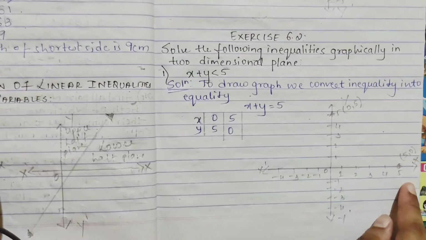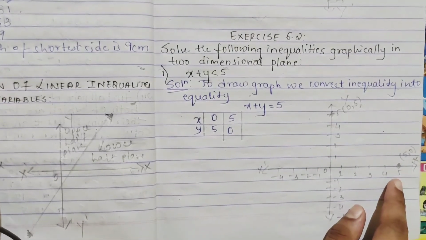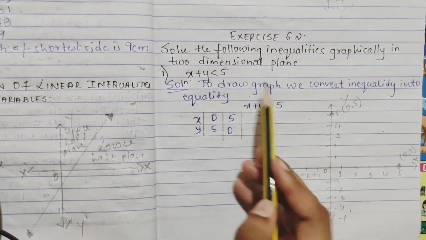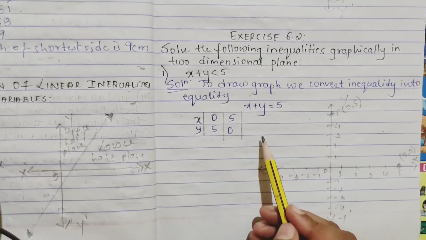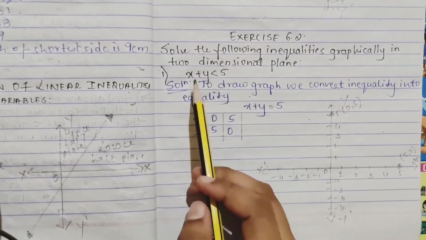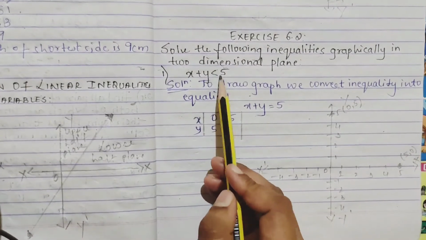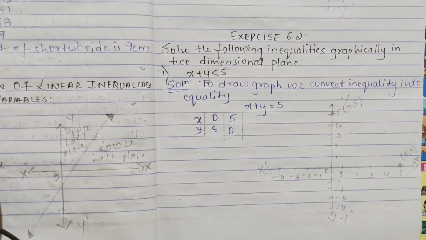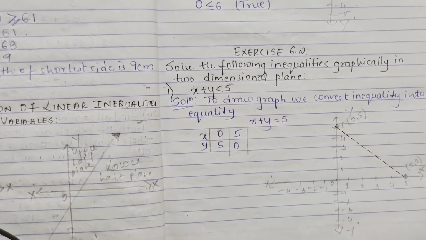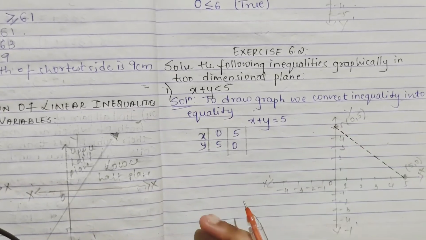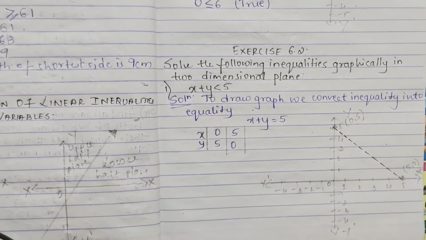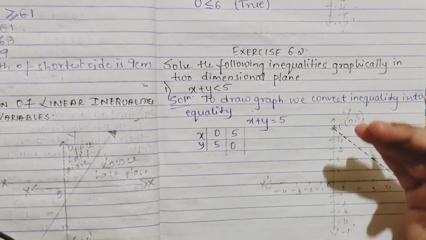Now you have to draw the line. Make sure to first check the question before drawing the line. Here you have an inequality, so what will the line be? Obviously, it is dotted. It will be dotted because there is no equal to here, only less than, so the line will be dotted. So done, we have drawn the plane. Again it is a non-vertical line only. So this is your lower plane, this is your upper plane; you can consider them lower half, upper half.